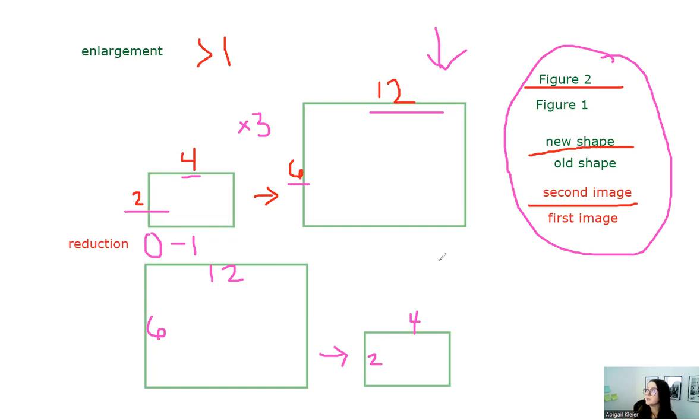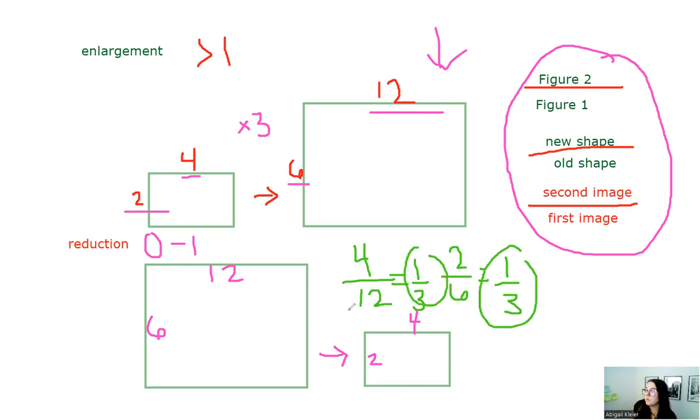They say the same: figure 2 divided by figure 1. I have two different fractions I could set up for that. I can either put 4 over 12 or 2 over 6. Both of these simplify to 1/3. But you'll notice my scale factor of 1/3,